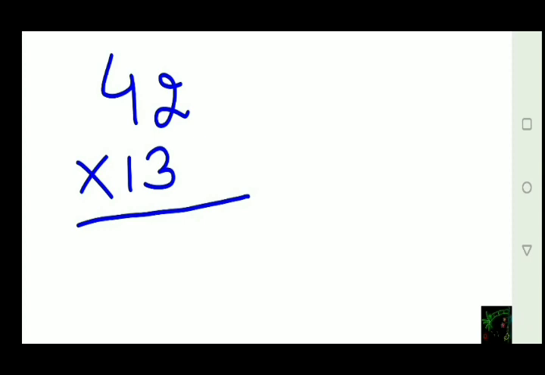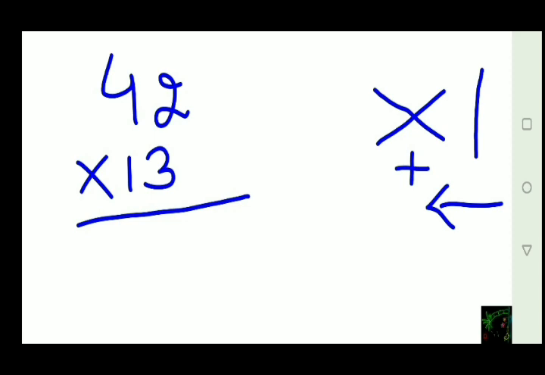I have this example here. None of the numbers is near to a base, you can say 10, 100. So what we will be doing, as the name makes clear, is vertically and crosswise. The rule is, first of all, multiply the vertical numbers starting from this end, then multiply the numbers crosswise and add them, and in the end again multiply the numbers vertically.